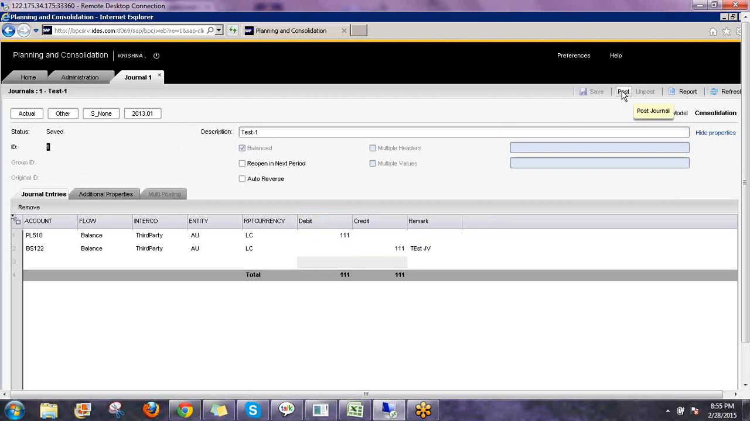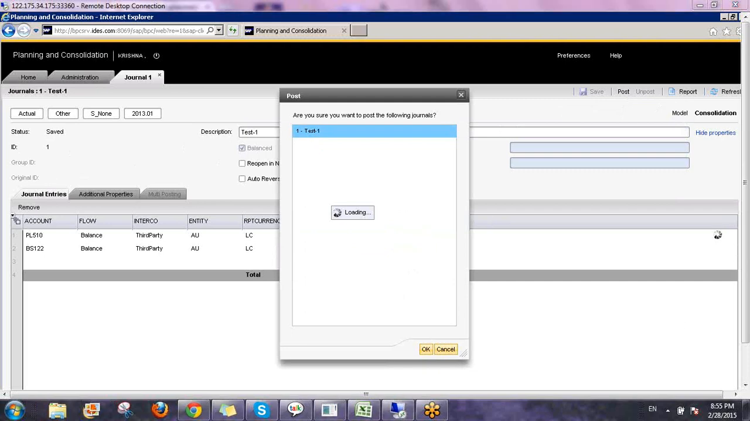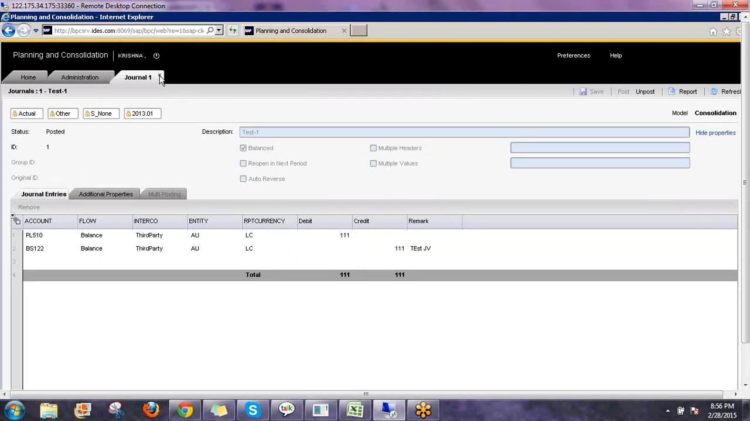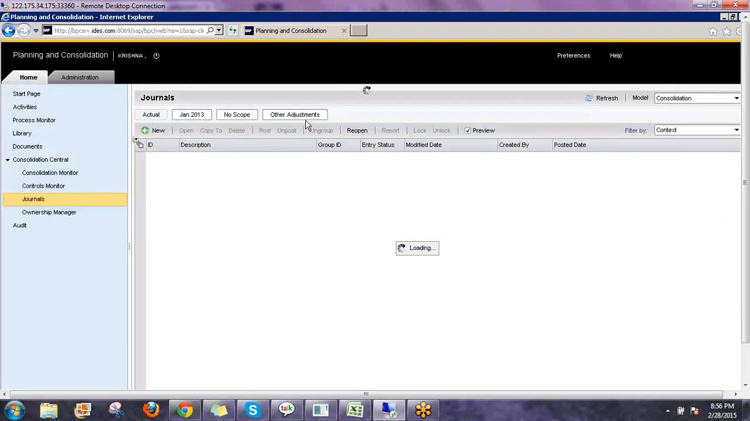Now I'll try and go post. Select which you want to post. Now see, one journal entry has been posted. Now I'm just closing this. In the home screen, now if you see, the journal entry which has been posted is displayed, and the entry status is posted